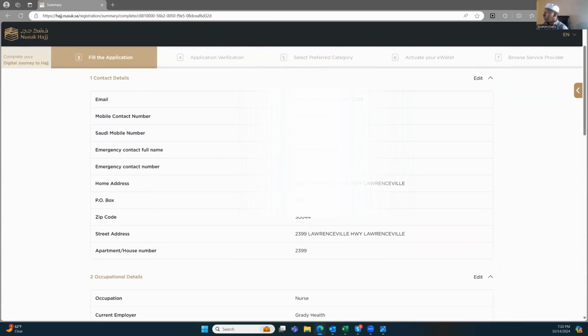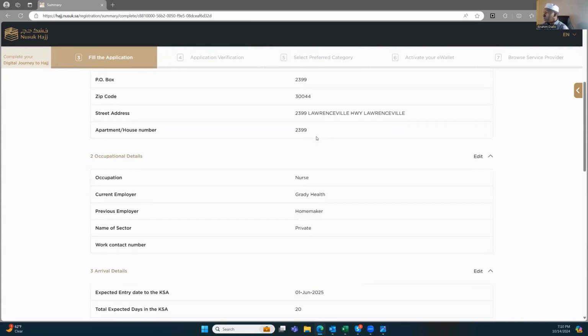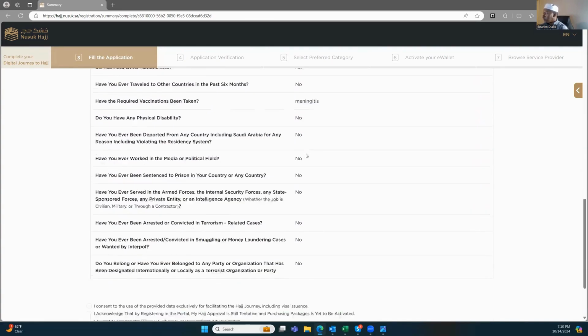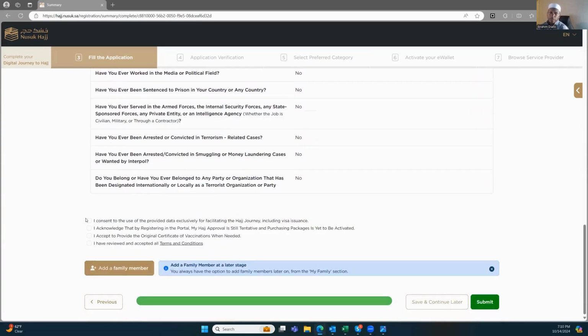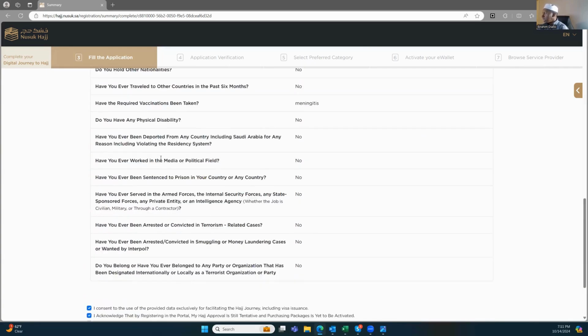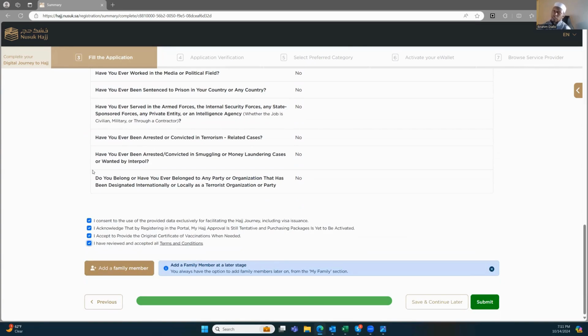And then it's gonna ask you to verify all the information. And then once you verify all the information, you will go ahead and check all of these. And then what you do is, because the Nusuk system has a lot of issues, sometimes it doesn't save stuff and sometimes it crashes. I always like you to save it here,